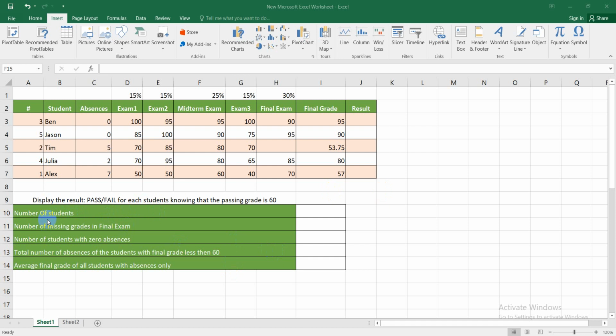First, I want to find the number of students. To find the number of students, I need to use a function that counts the number of students. In the last video, we have seen a function called count, and the count function counts the number of cells in a given range that contain only numbers. Now let's see another function called